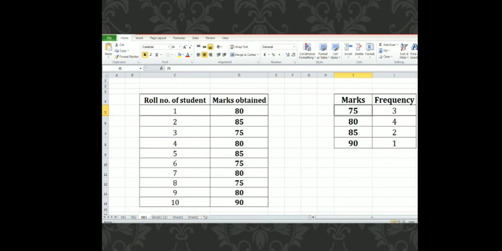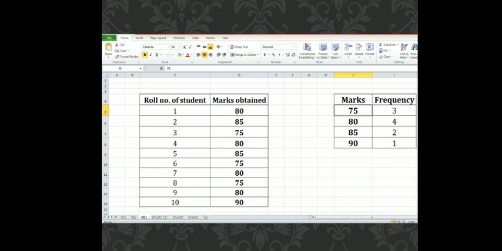After filling all the cells of the frequency column, you will get the respective frequency of marks beside the marks column, beneath the frequency column tab.